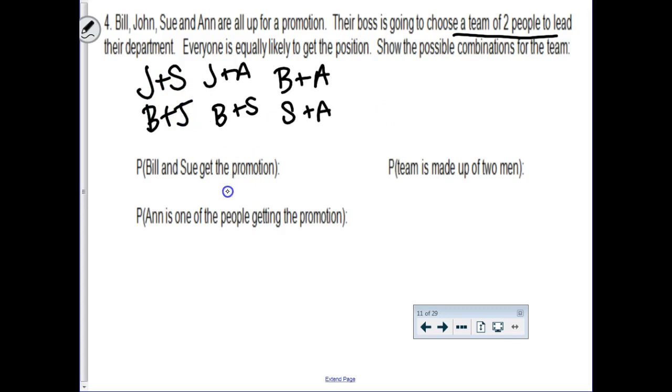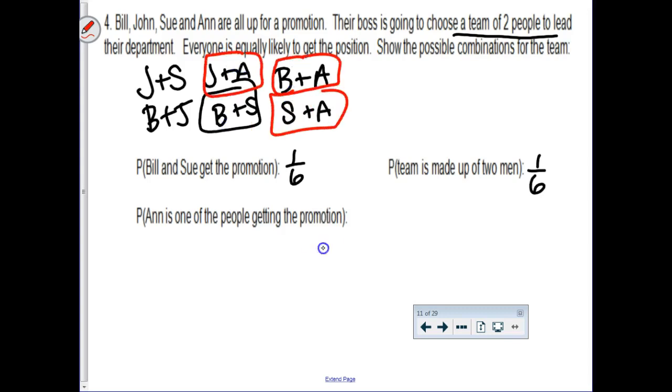So what's the probability that Bill and Sue will get the promotion? Well, that would be this one team out of the 6, yeah. The team is made up of 2 men. I'm assuming that John and Bill are the only 2 men there. 1 out of 6, yes. Ann is one of the people getting the promotion. So Ann is on the team on how many of these teams? 3 out of the 6, so we'll just write down 1/2. Awesome. So if the sample space is real small like that, there's nothing wrong with writing out the sample space,